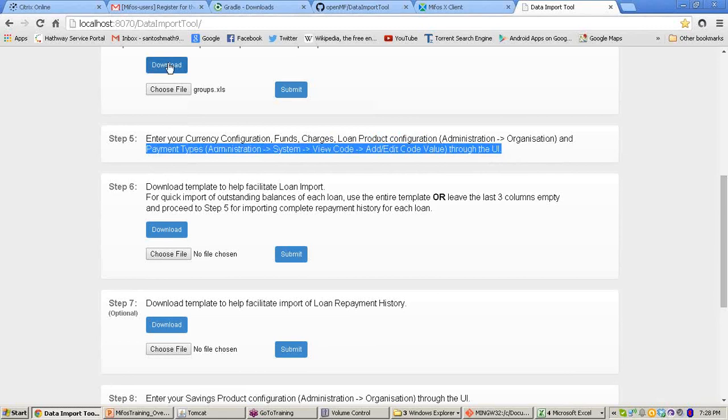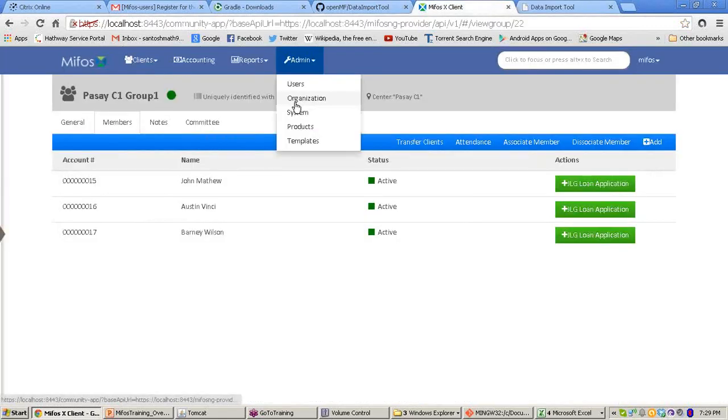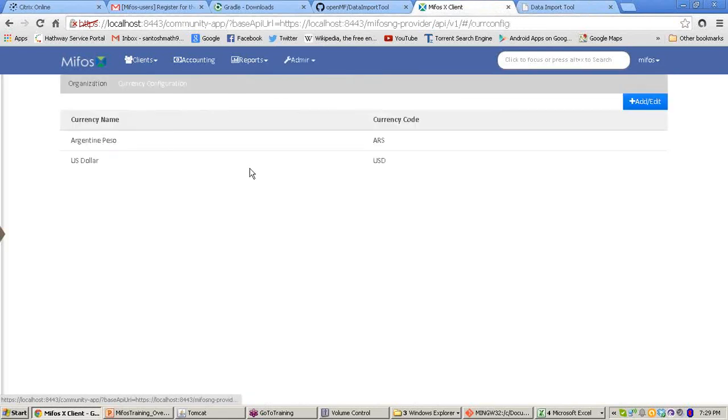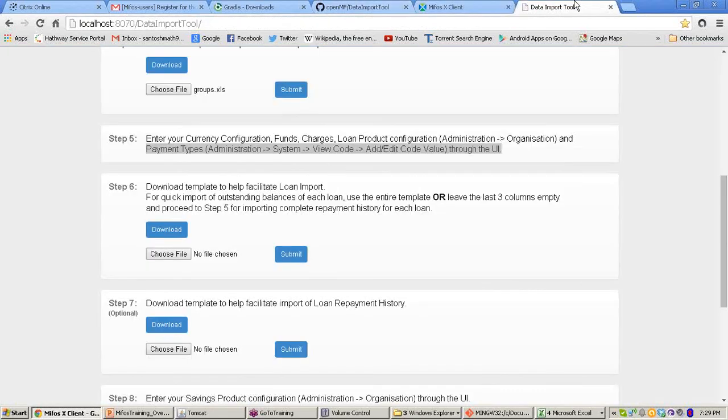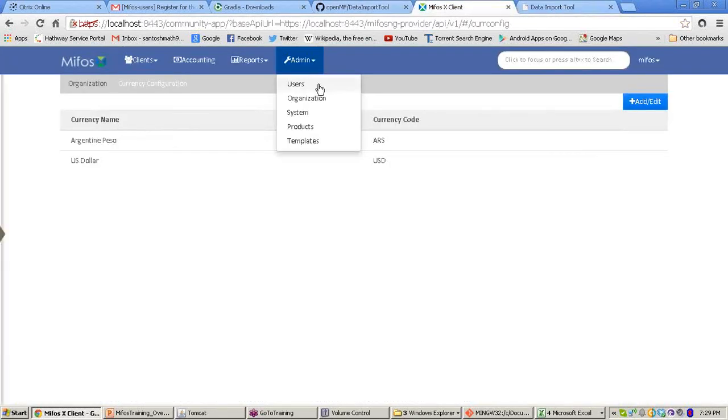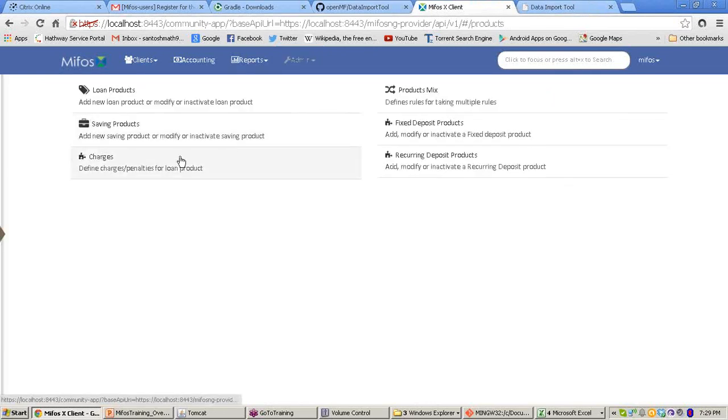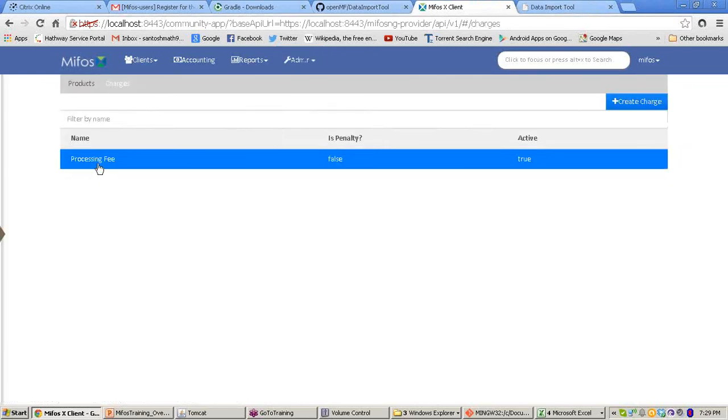Let's check whether we have done it or not. First, we need to check whether currency is configured or not. Here we have configured the currency, no problem. Next, we need to see whether charges are defined or not. Go to the product and charges. We have defined one charge.